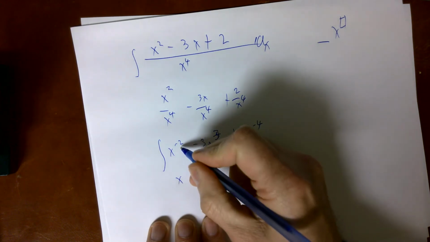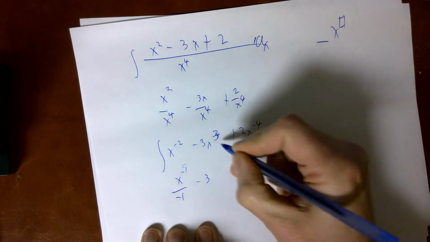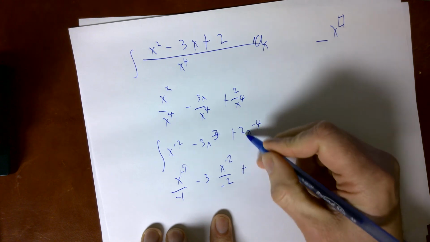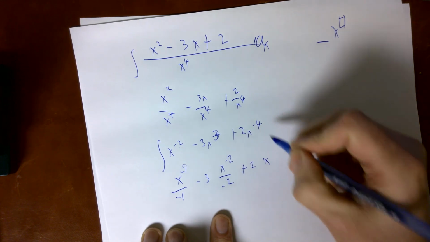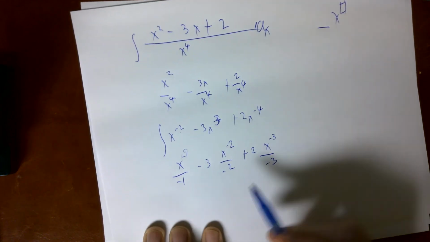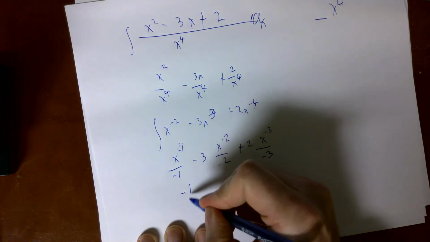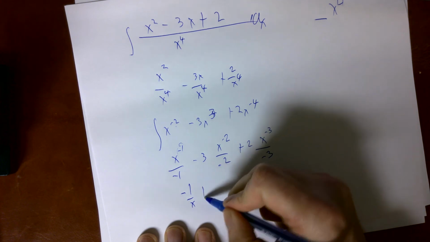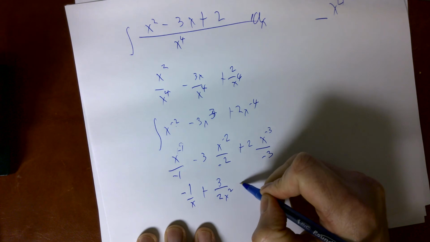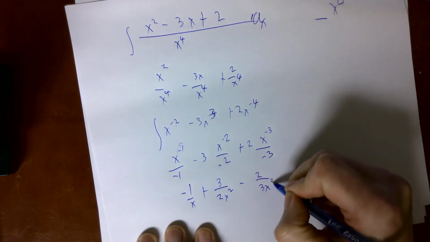That's going to give me x to the (negative 2 plus 1) divided by whatever this exponent is, minus 3 (add 1), plus 2, right, add 1, and now clean it up. And when I say clean it up, no negative exponents. So to clean this up, this is going to give me negative 1 over x. The negatives are going to cancel. That's going to give me 3 over 2x squared. It's going to give me a minus 2 over 3x to the third